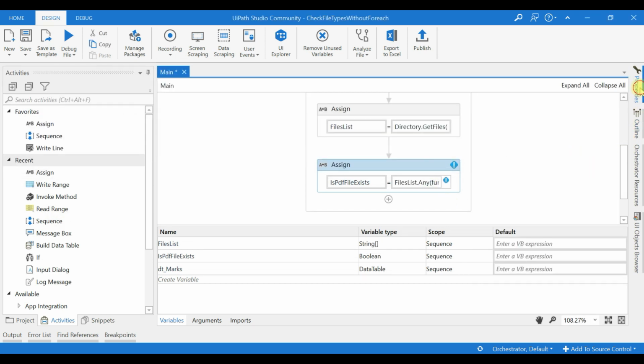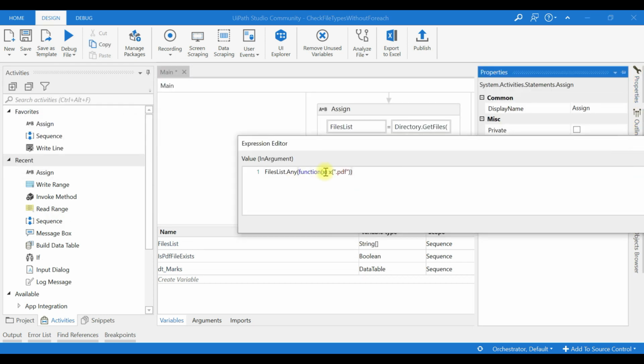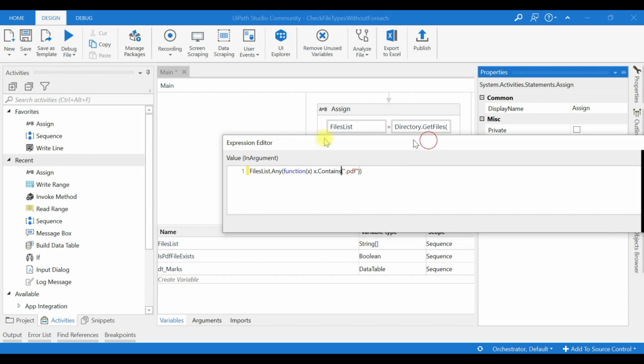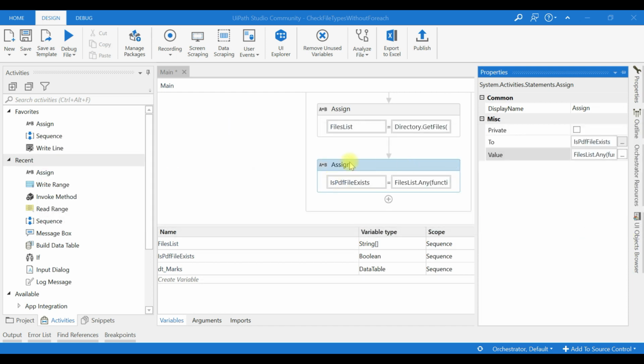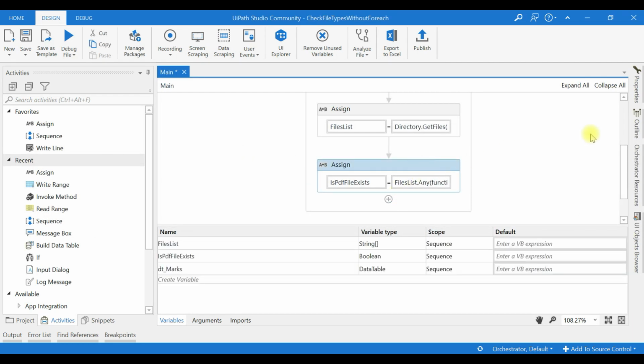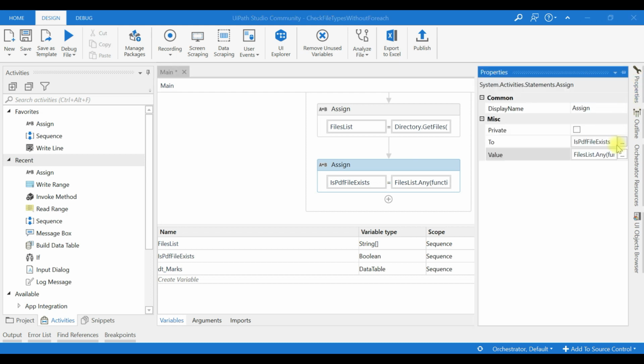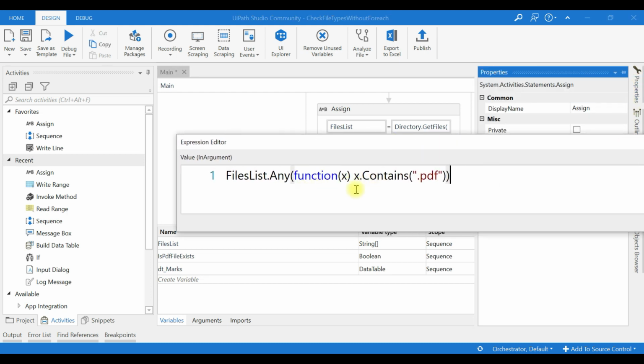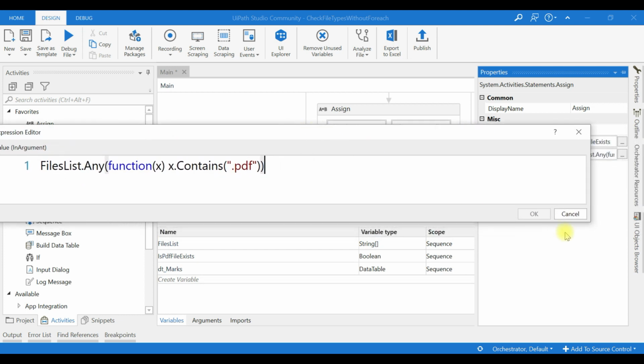I forgot to put Contains. Now this condition will check whether the files list contains a PDF file or not, and then returns true or false.